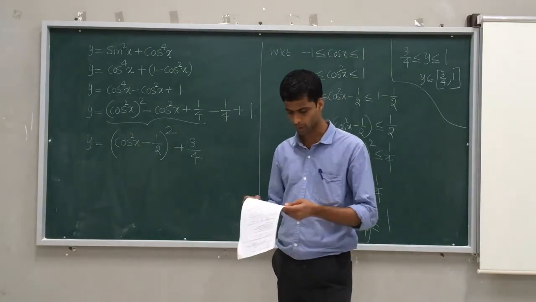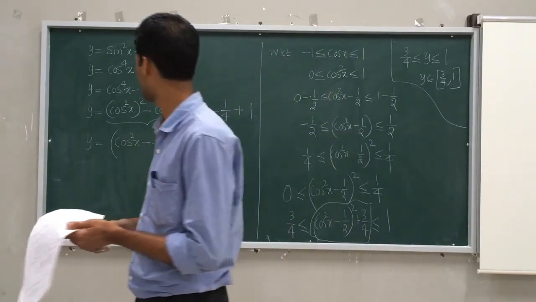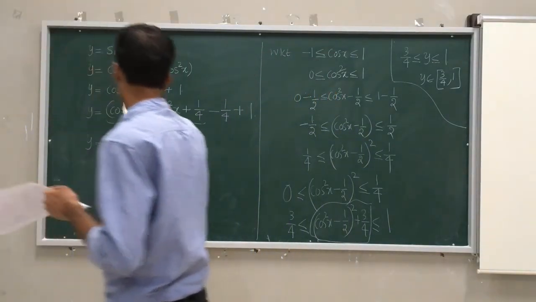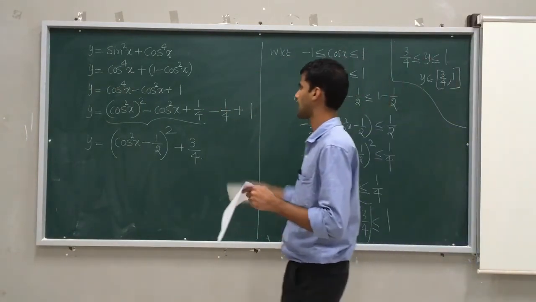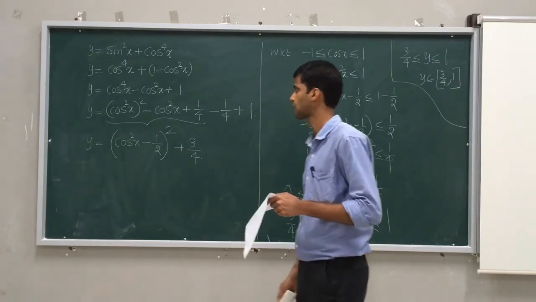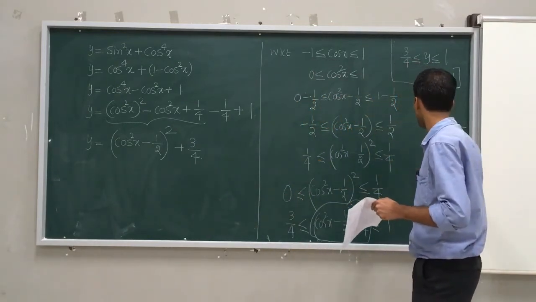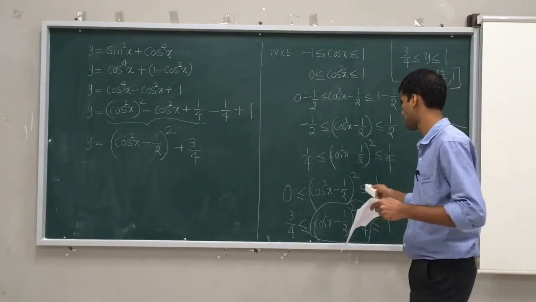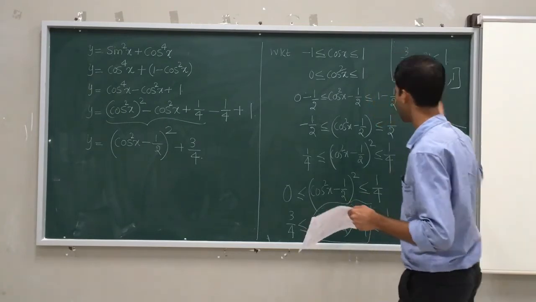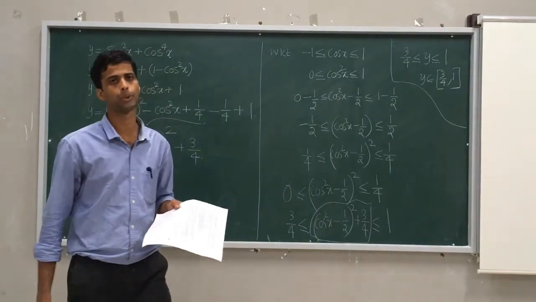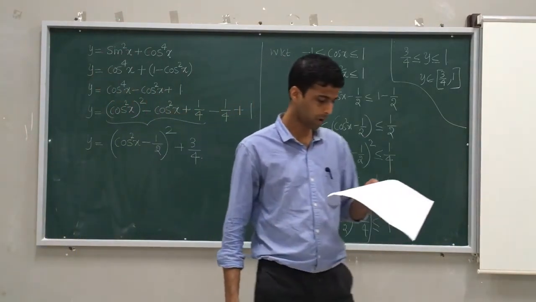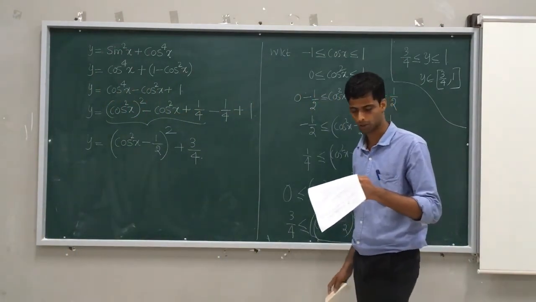Okay, so that's about question number 40. Let's move on, but just take care of this step. What I did here is I kept cos raised to 4x as it is, then took sin square x as 1 minus cos square x. I managed with this, got this expression, then squared, got my requirement, and at the end I got that y belongs to the closed interval 3 by 4 comma 1. So option B is the right answer for this question.